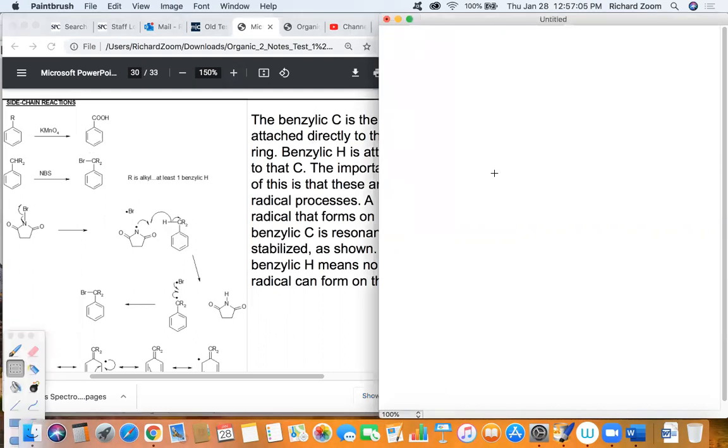And it doesn't matter what alkyl group we use here. I mean, I could have anything hanging off here. It wouldn't matter. As long as there's an H on this specific C,